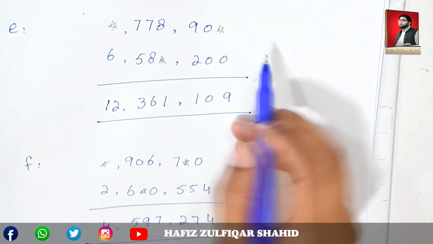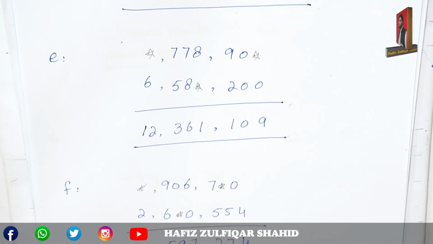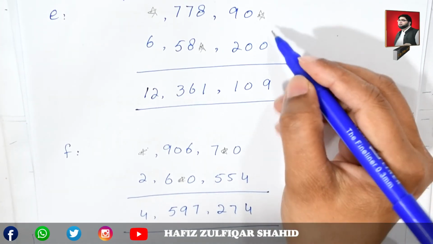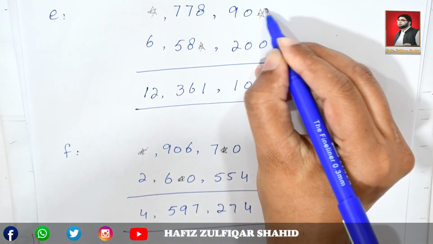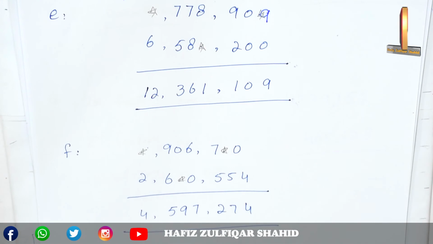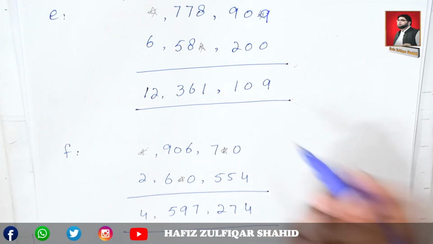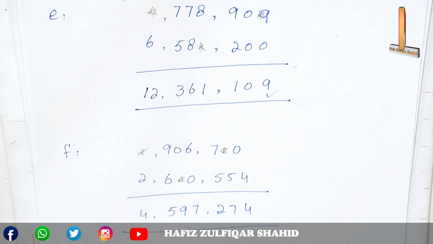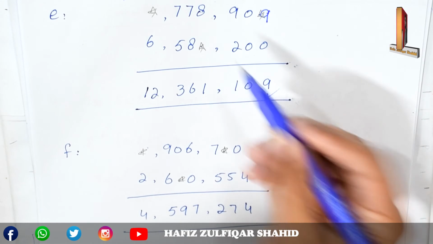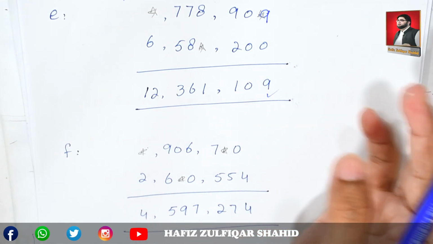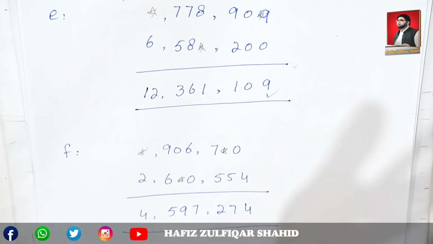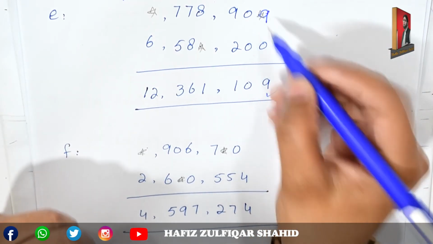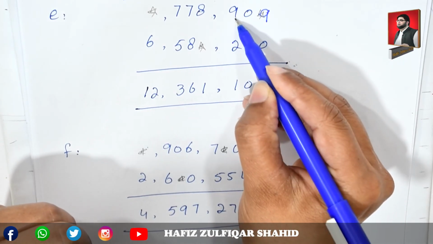Okay students, let's see what we have to do in E part. We have 0 and 9. It means when we minus 0 from 9, answer will be 9. Write 9 at the star place. Now add 9 and 0, answer will be 9. You can check your answer gradually. 0 and 0 is 0. The easy way to get the right answer is add the whole numbers, all numbers. Don't use the shortcut.